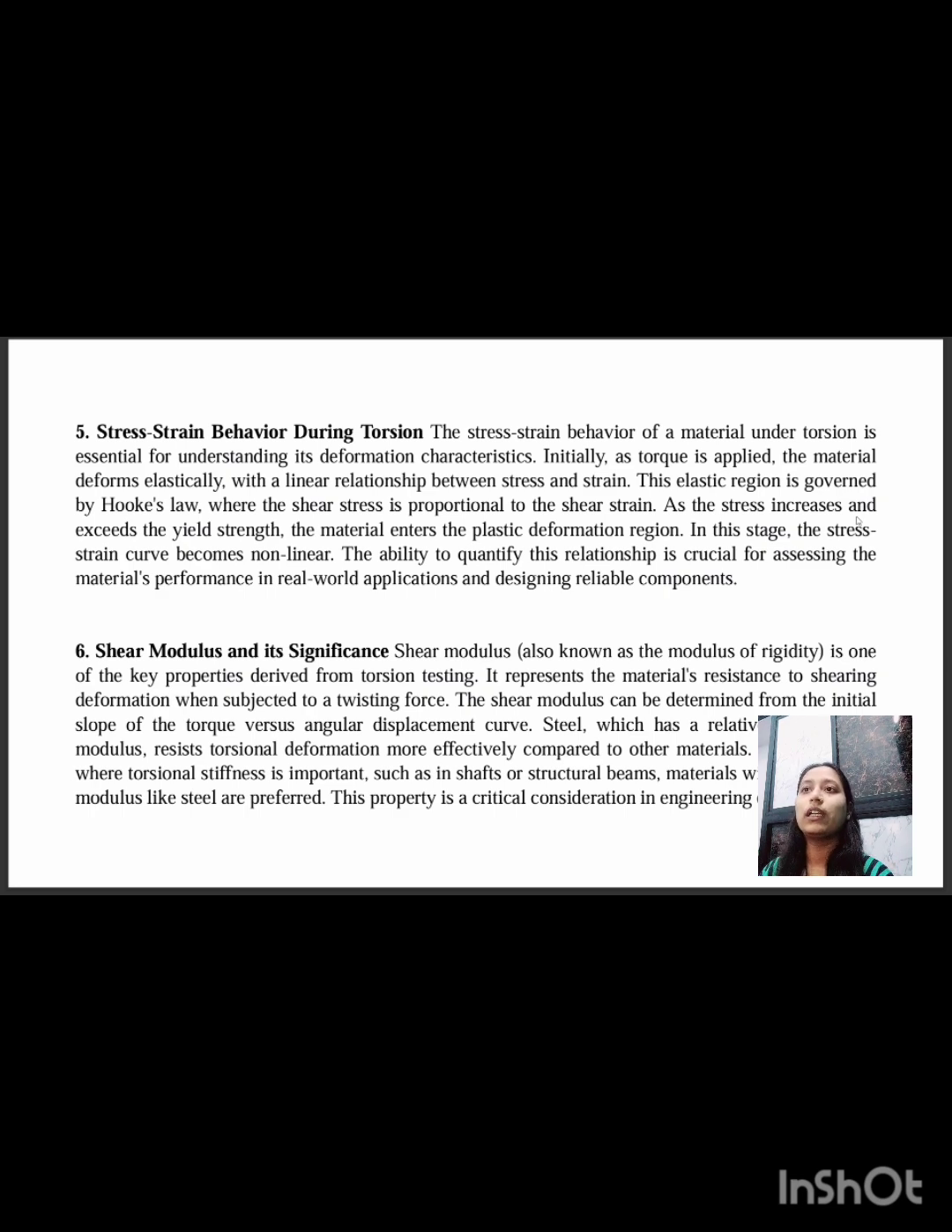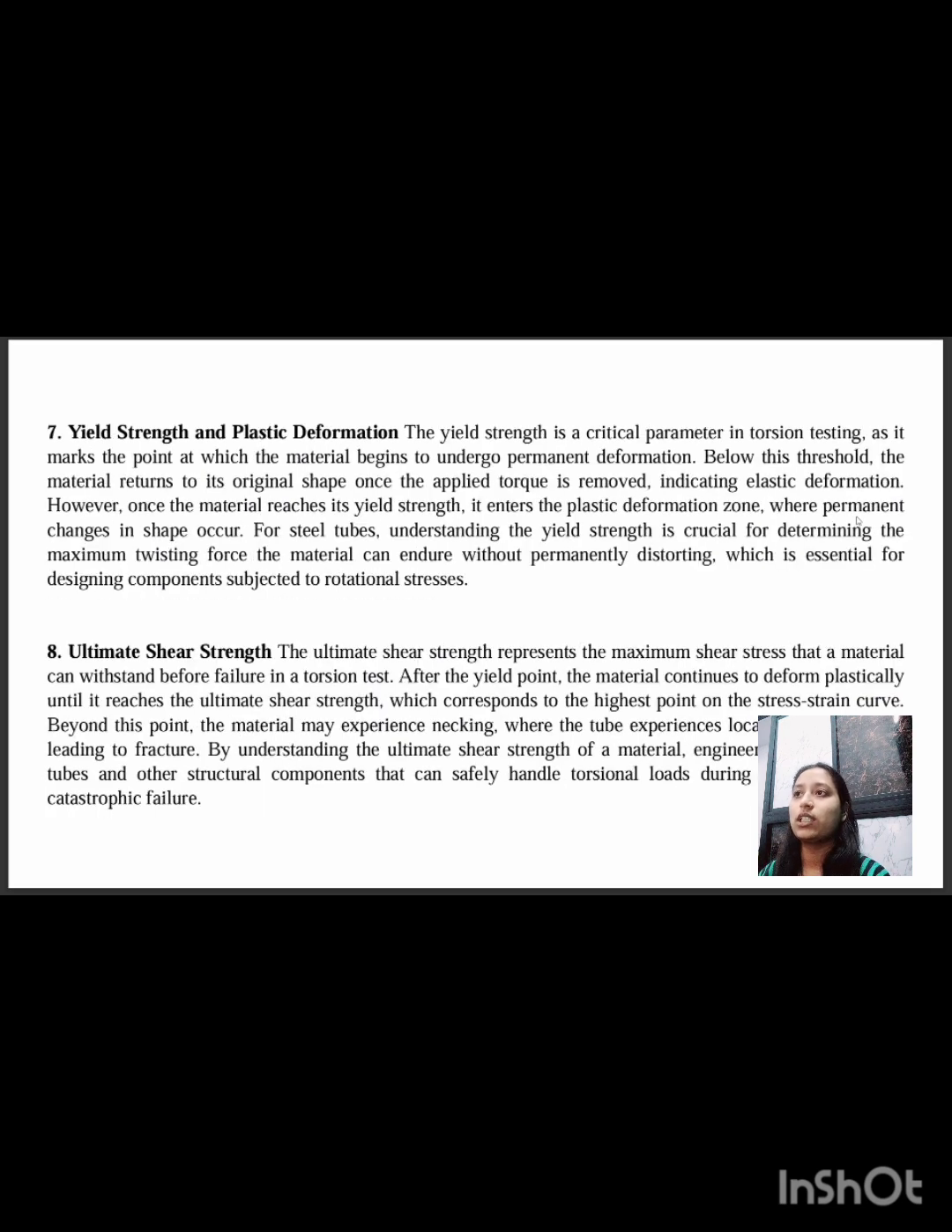Seventh one, yield strength and plastic deformation. The yield strength is a critical parameter in torsion testing as it marks the point at which the material begins to undergo permanent deformation. Below this threshold, the material returns to its original shape once the applied torque is removed,